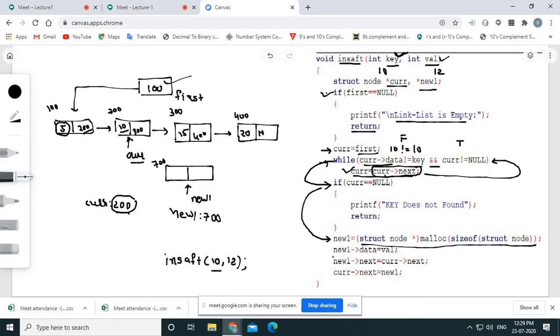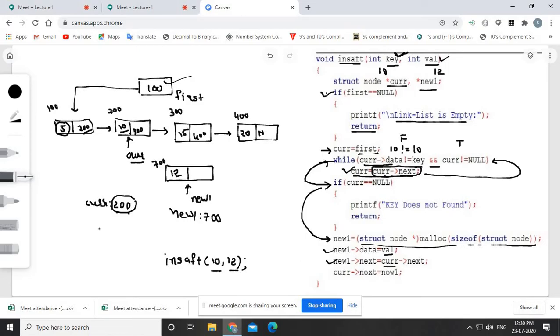Okay, now what you have written is, after creation of the node, new one point to data, meaning at address 700, whatever structure you have created, in its data part you need to put the value. What is the value? The value is 12. So in the data part I am copying 12. Then you have written new one point to next is equal to current point to next. Where is your current pointer?